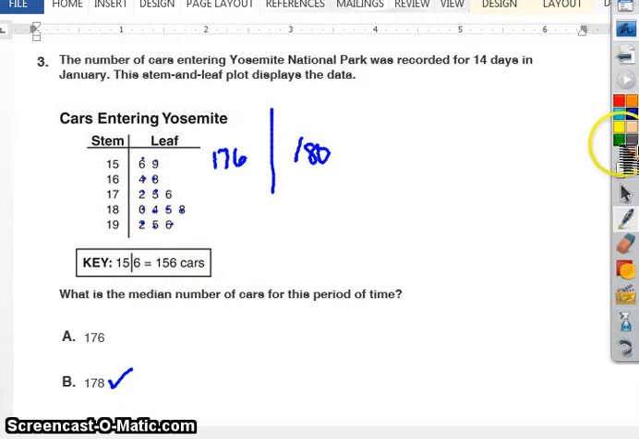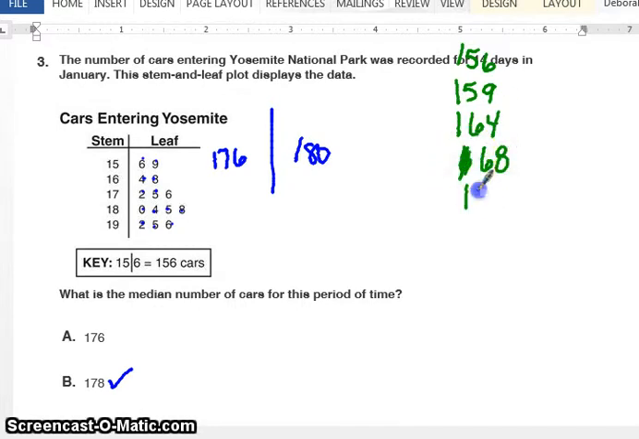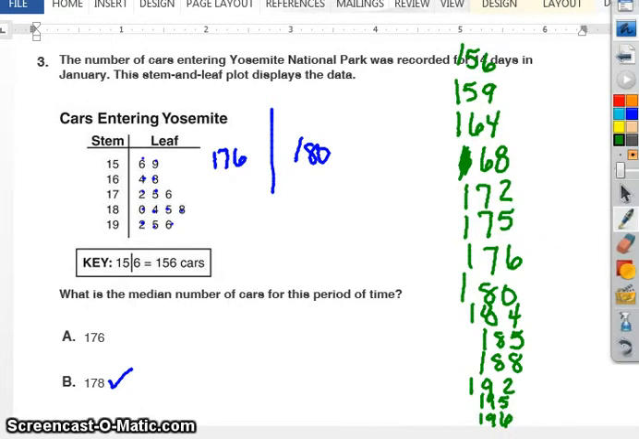Now, if you do it the longer way, you're guaranteed to get this right. So we should have 156, 159, 164, 168, 172, 175, 176, 180, 184, 185, 188, 192, 195, 196, and then